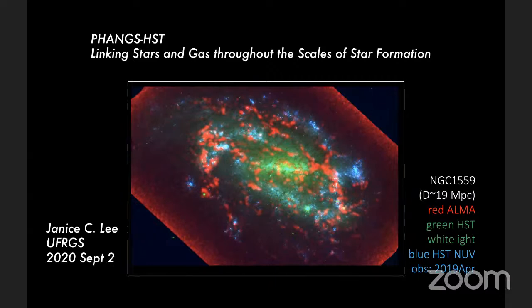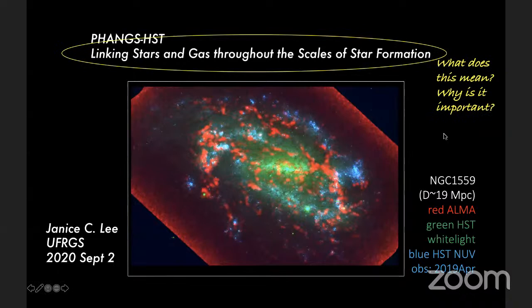And what I mean by basic units is our stellar associations and star clusters as resolved by HST. And we're doing this in a diversity of nearby galaxies, and then connecting them to the giant molecular clouds as mapped by ALMA. But first, let me take a step back